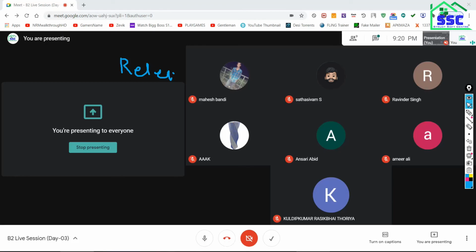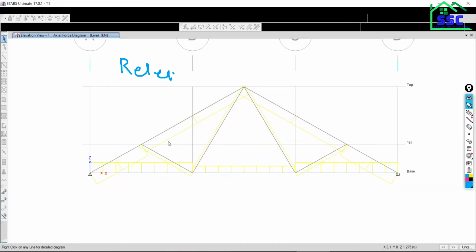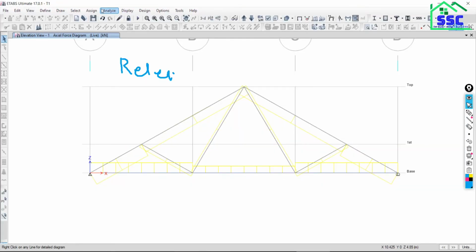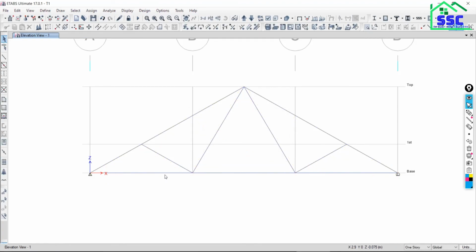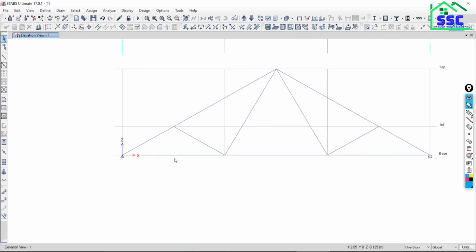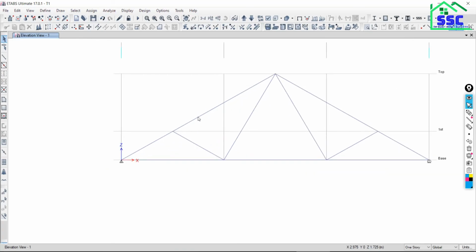So just come back to ETABS and select all frames. To make any change in your model, you first need to unlock your model. Unlock your model, so all the results will be deleted. Now select all the frames, all the line elements.